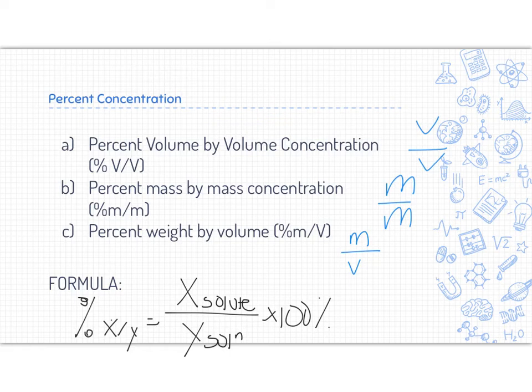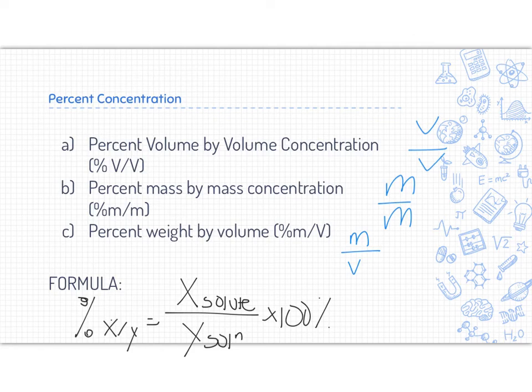Okay, now if we had an equation where we were given percent by mass or percent by weight, we would have a mass over mass. Therefore, X is a mass and Y is a mass. So we're measuring the mass of solute divided by the mass of solution. Again, these are the same variables, so make sure that you're working within grams or kilograms for both so that